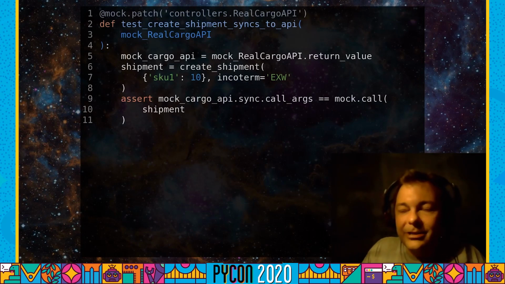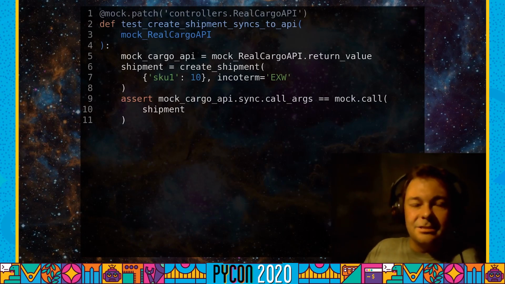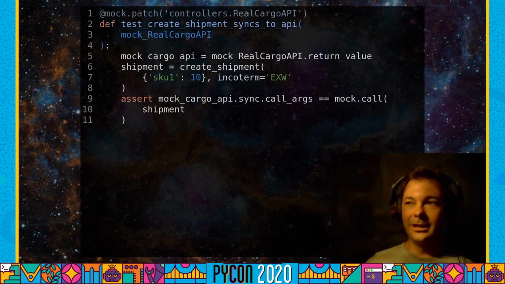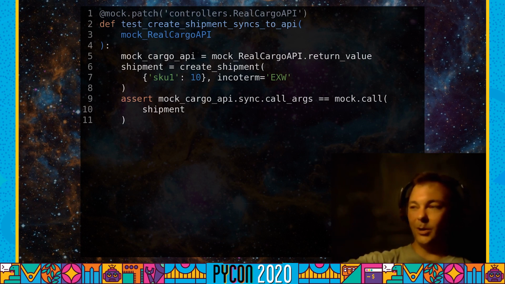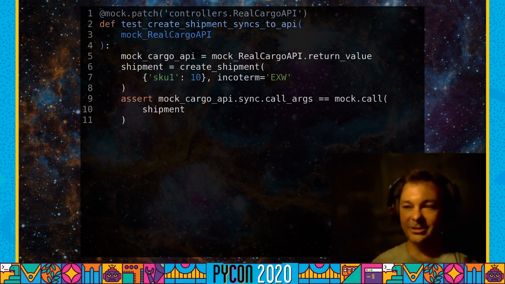And actually, I should say that we reach for these solutions intuitively. Even when I wanted to show this example code, in the very first slide, create shipment, where we do the models and the rest, I put sync to API into a separate function automatically. But I'm just saying, make this an explicit step in your structure when you're saying, oh, I've got to integrate with some third party on the internet. I'm saying, make an adapter, make a thing, give it a name.